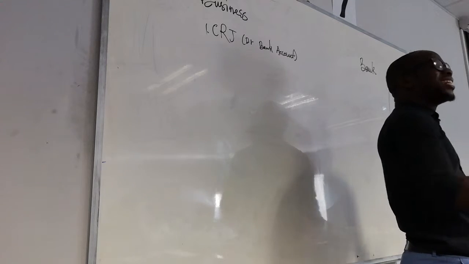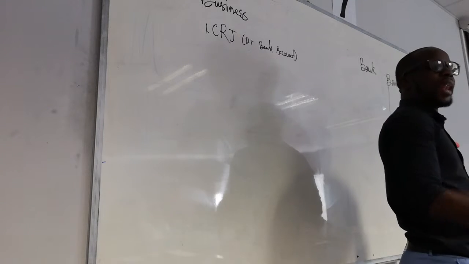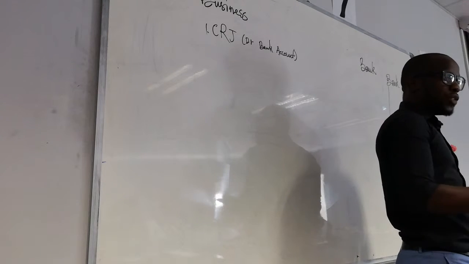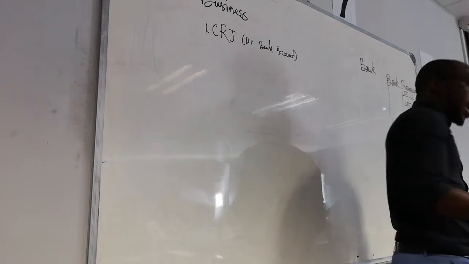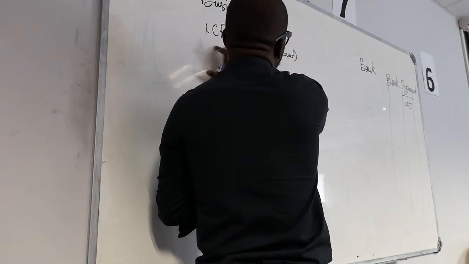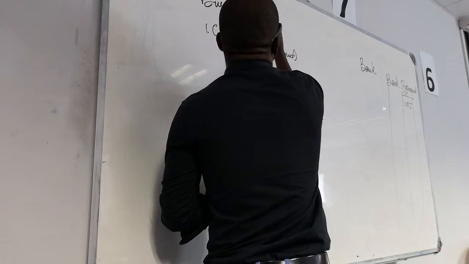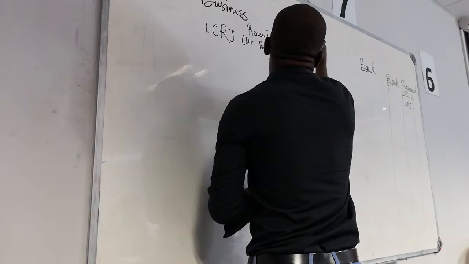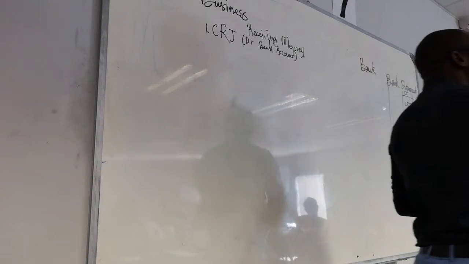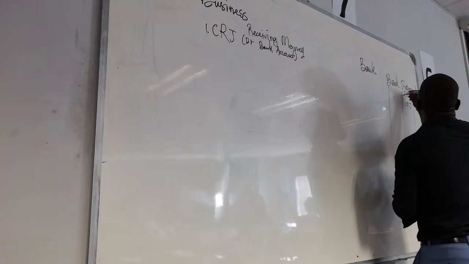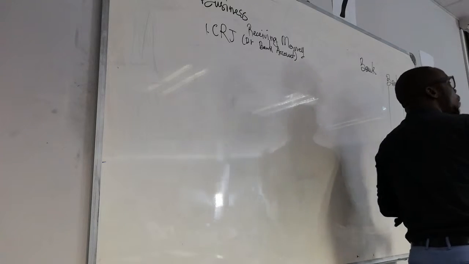Are we together? Why do we do bank reconciliations? Because at any given time there's going to be a difference, and we need to be in a position to identify those differences. Now, whatever we put in the CRJ is because we were receiving money. When we receive money and we send that money to the bank, the money that the bank owes us increases. So they are going to say, oh, there's a credit entry. They owe you more money.